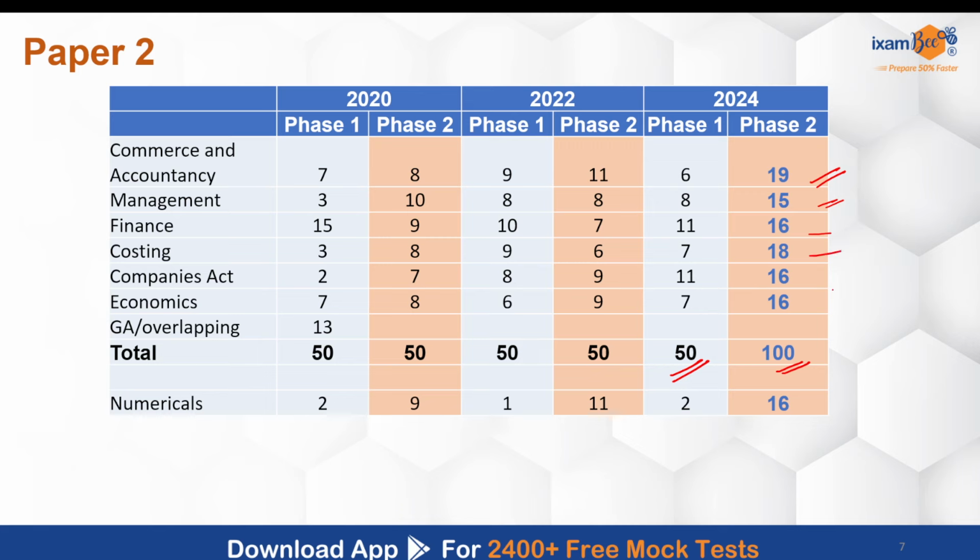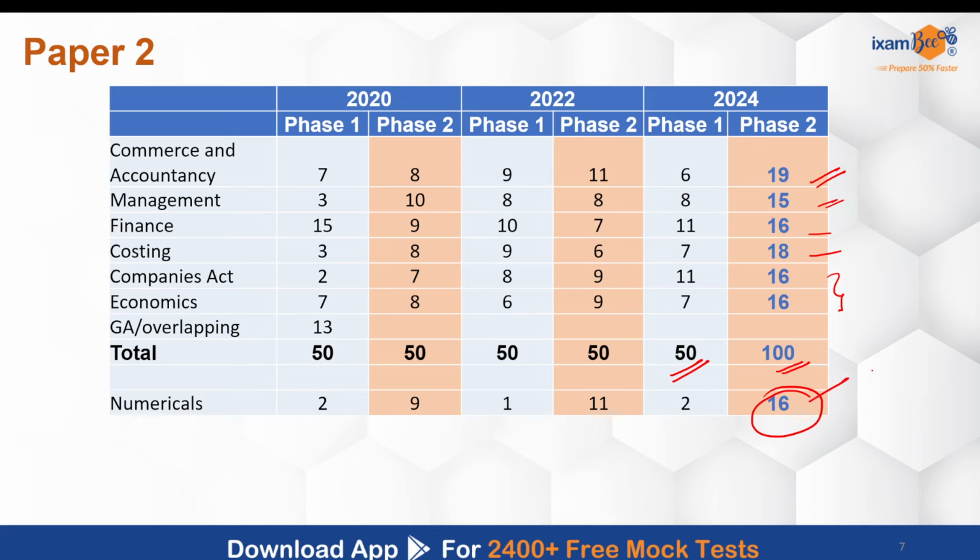And in companies and economics, around 15 to 16 questions are to be asked here. Numericals, I'm expecting 16 numericals, so approximately a little less than 20%. Usually anywhere between 15 to 20% weightage comes from the numericals, so I am expecting a 16% weightage this time,